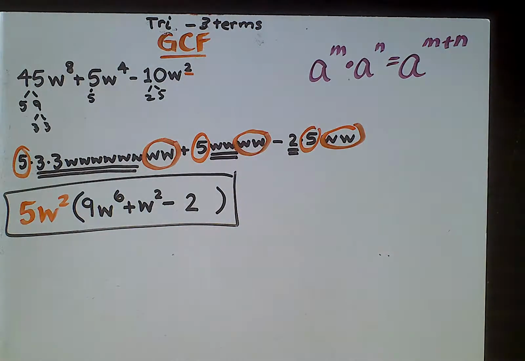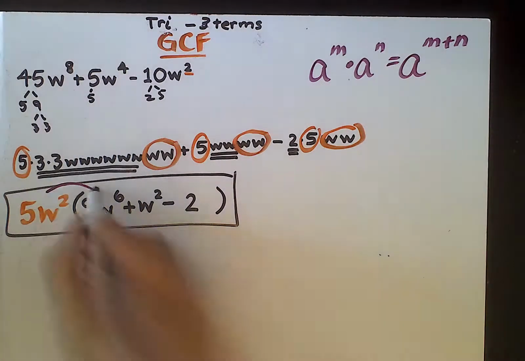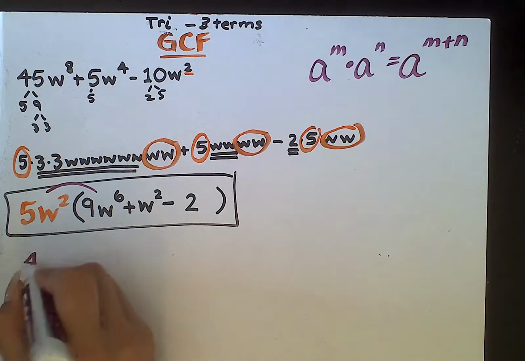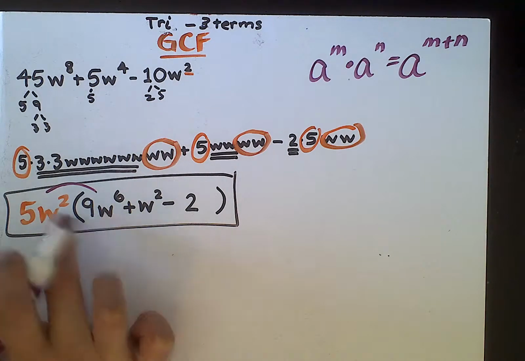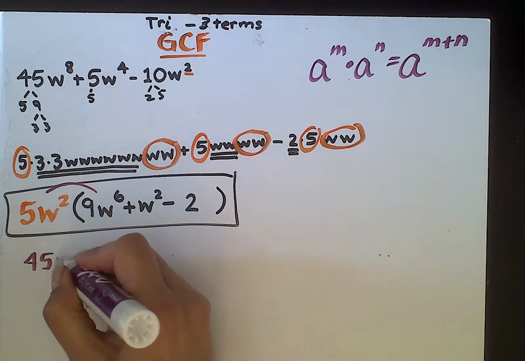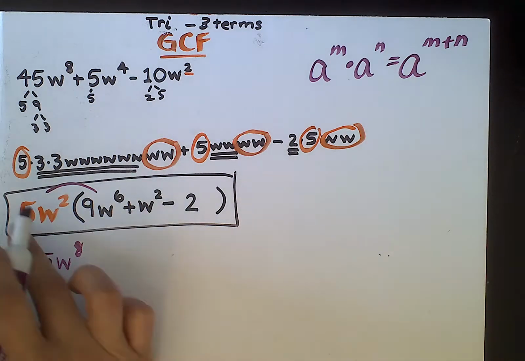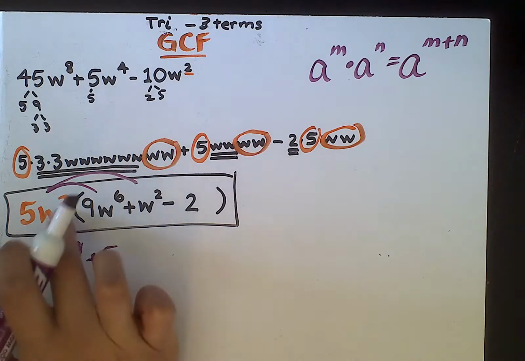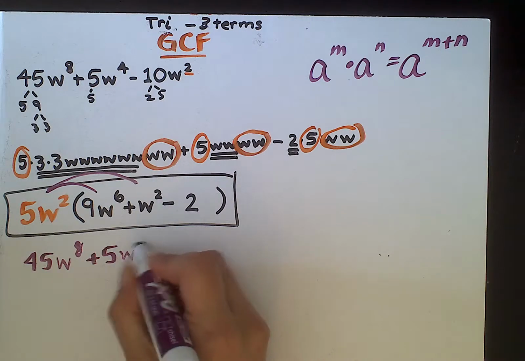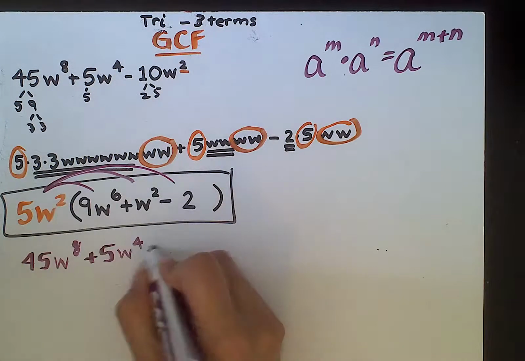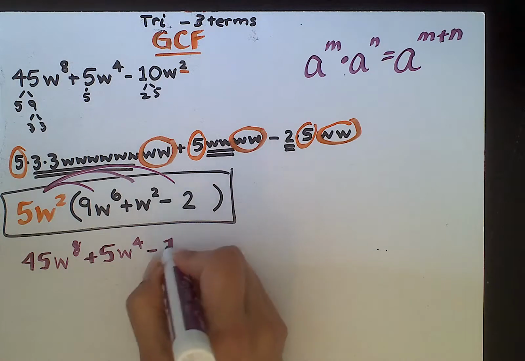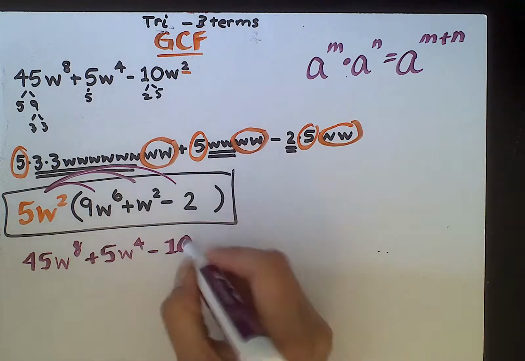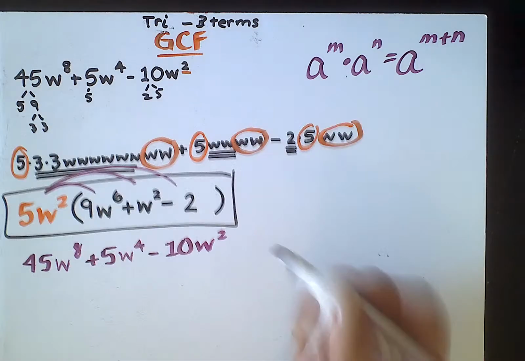Now, if you're not sure and you really don't want it to send you back, because right now we have an 82 and you want at least a B, well then double check your answer. Why not? So you multiply the coefficients and you add the exponents. So that's W to the power of 8. And let's do it again. There is no coefficient, so that's 5, and then W to the 4th. And then minus 5 times 2, that's 10. This one doesn't have a variable, so I'm just going to bring down W squared.